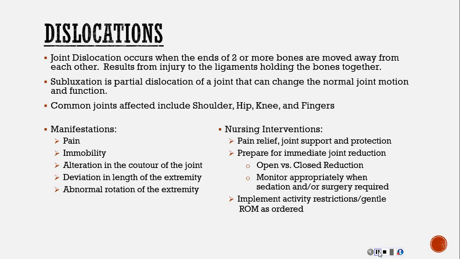You prepare for immediate joint reduction. They're going to try to get the joint reduced and back in place as quickly as possible. If they can do it manually, they will. It may be that they put it back in place, they reduce it, but it slides back out. Well, we've got a problem with our ligament, okay? Our structures that are holding that bone in place, if they've been stretched to the point where they're not doing their job and holding it in place, then it may just slide right back out. Then they're probably going to have to go in and surgically repair.